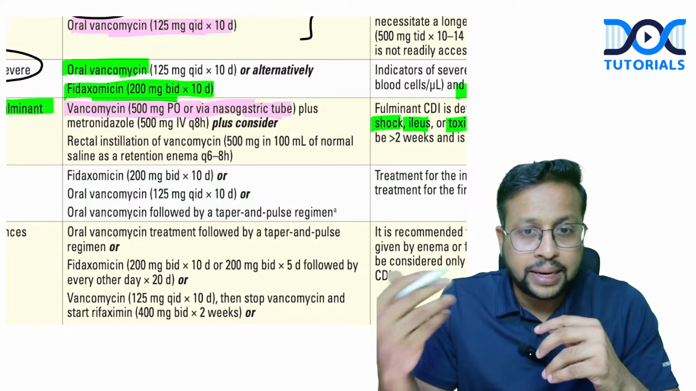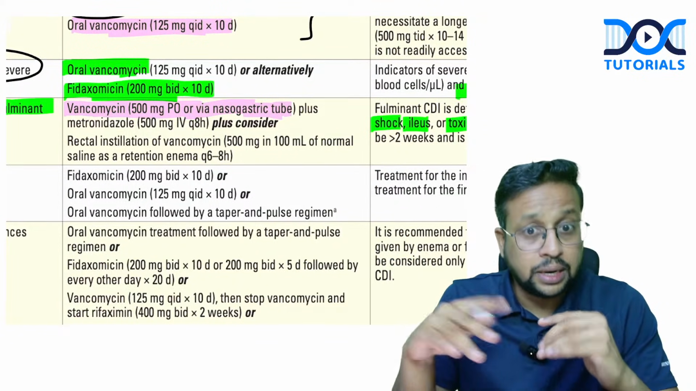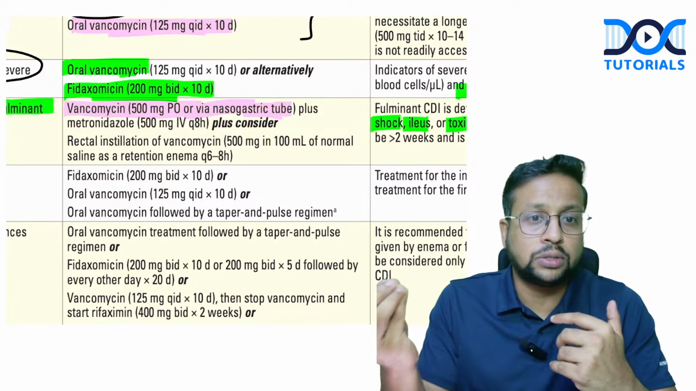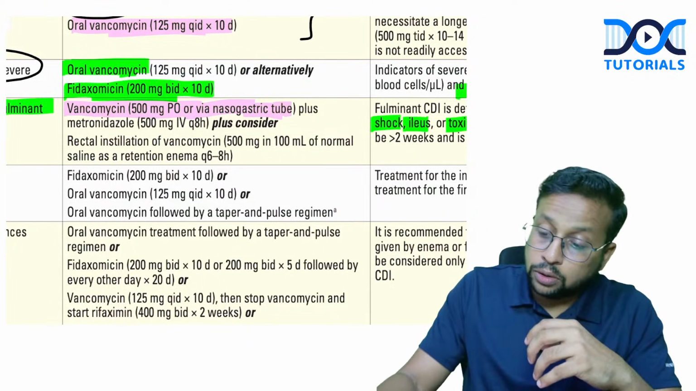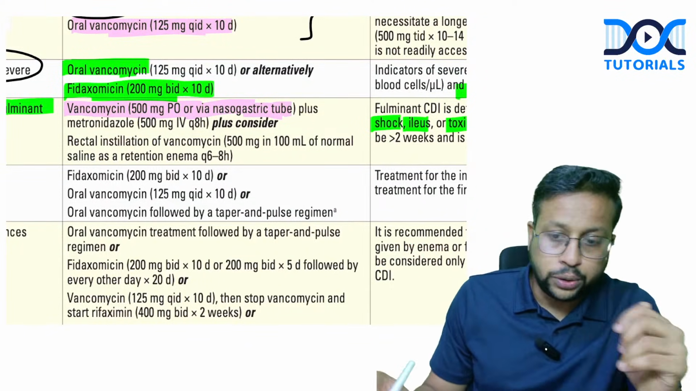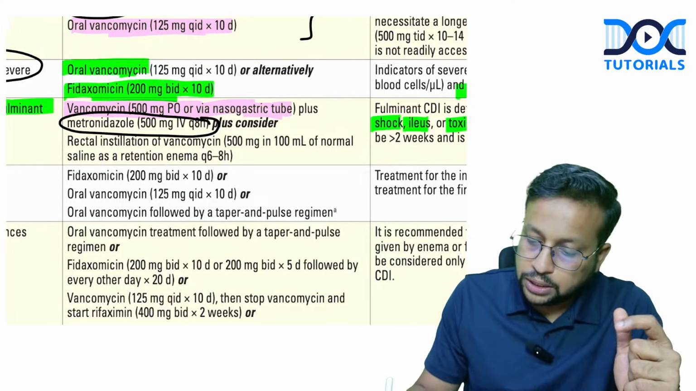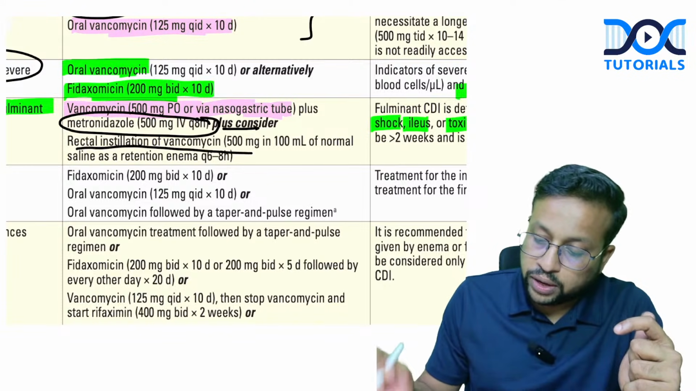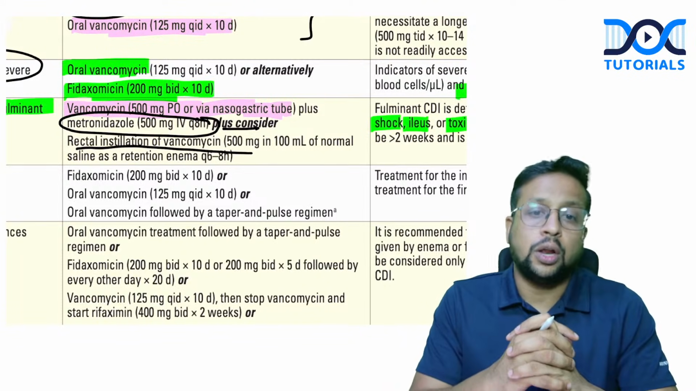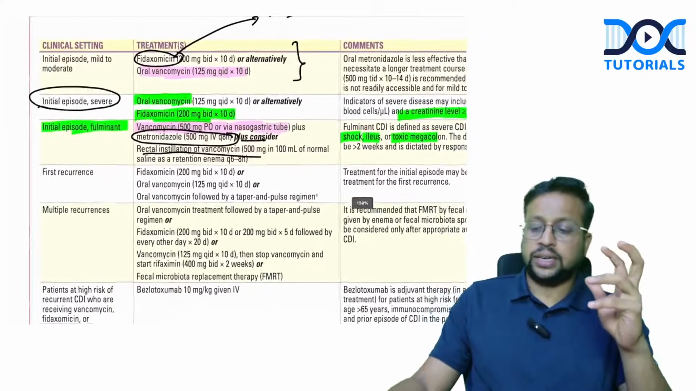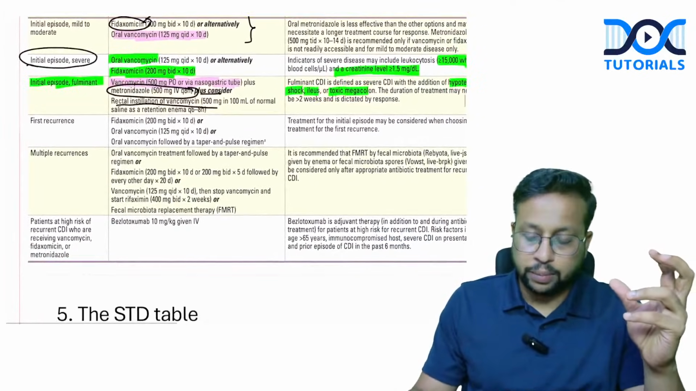But it is very unlikely that the patient with ileus, which means there is no peristalsis, even if you give a high dose of vancomycin orally, it may not reach the colon. So what do you do? You add IV metronidazole for whatever action it might have. Plus, you should also consider rectal instillation of vancomycin so that it acts locally. So these are the three important points from that part of